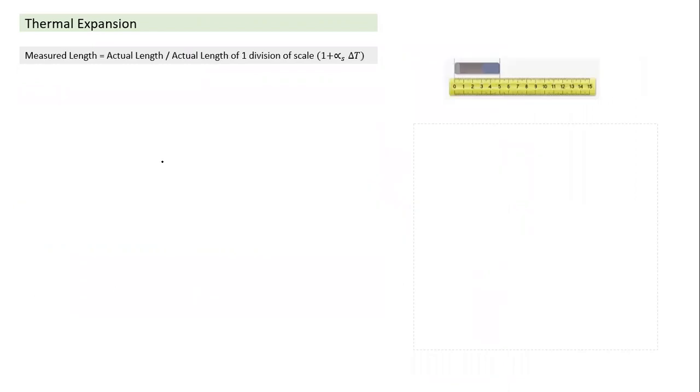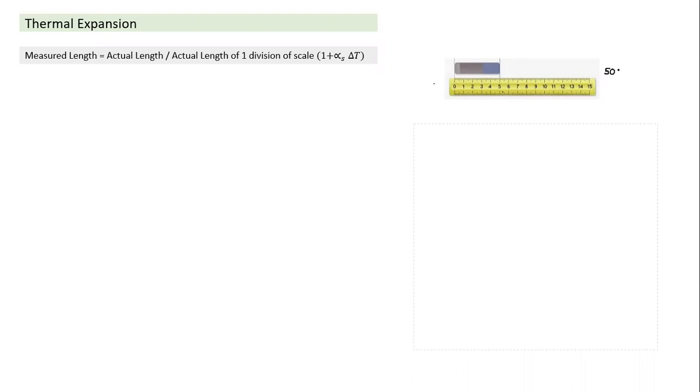Okay. So we'll come to some applications of linear expansion. And one of the common things in expansion is the effect of change in temperature on a scale. Suppose we very commonly use a metal scale and we measure a length. Suppose we have some object here, and this is how we measure. We keep this one, and when I look at this here, very easily I can measure, each division is 1 mm. So I will find the length is equal to 50 mm here.